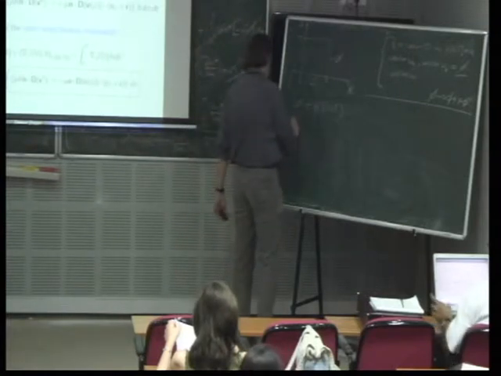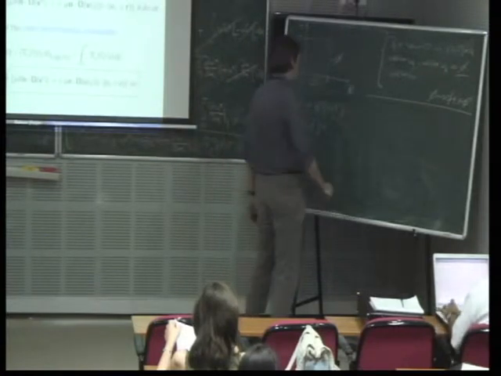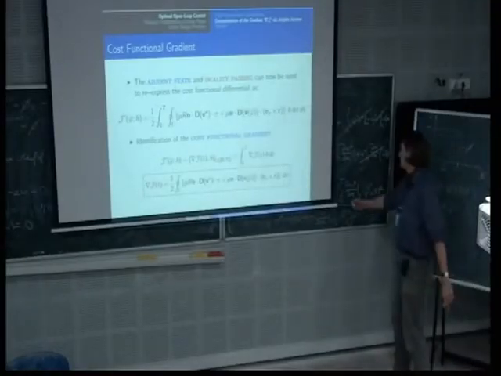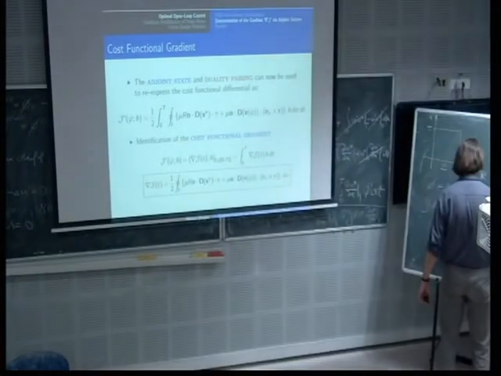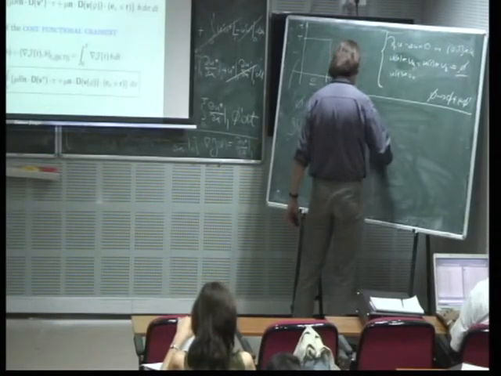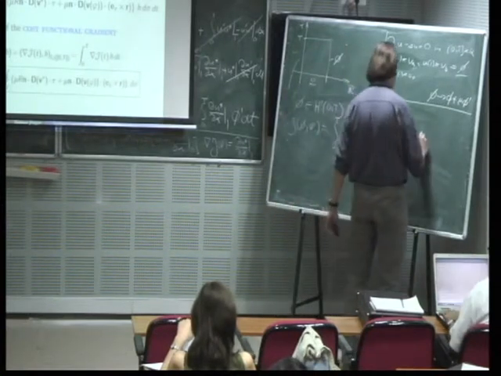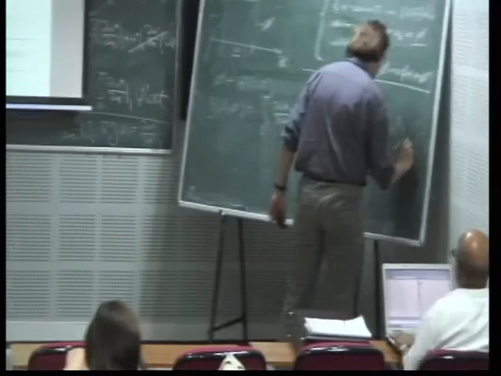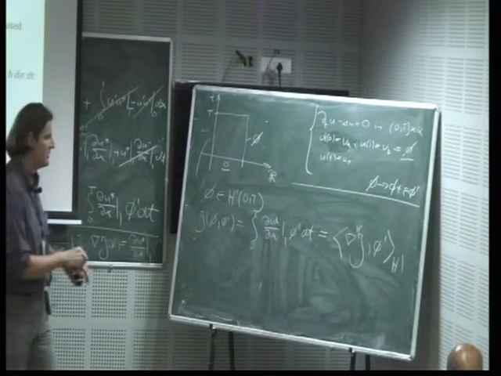What do we do? Well, we have our Gateaux differential, and after applying the adjoint machinery, this is the expression that we obtain. Okay, so we have the integral of partial u star partial x at 1 times phi prime dt, and now I'm going to say that this is equal to an inner product, but in the space H1.